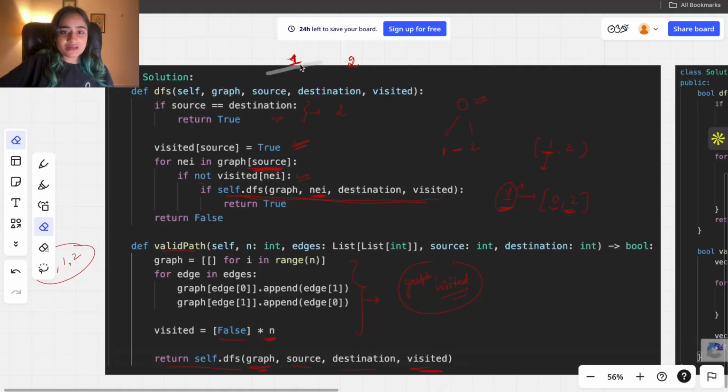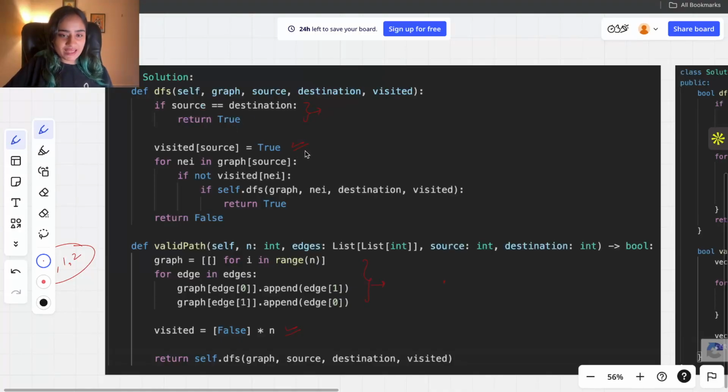Okay, so this is how we perform a search if we want to go from a source to a destination. Now I have explained the code, but you are going to remember this code so that you can do the next question. It's very easy to remember. You just make the adjacency list, you make the visited list, and then in the DFS you check if the source is equal to destination, mark your current node as visited, go to its neighbors, only go to the neighbors which are not visited, and do the same DFS on them.